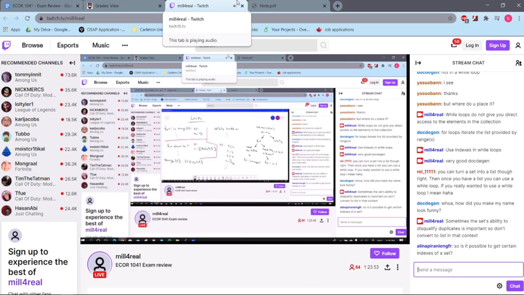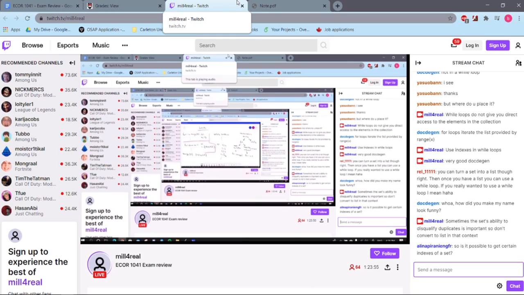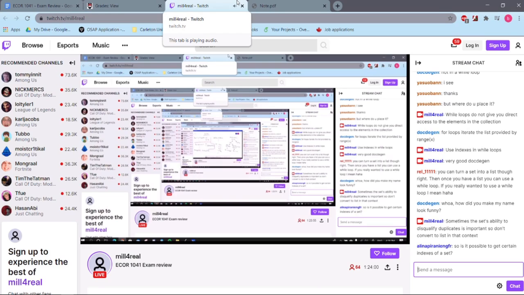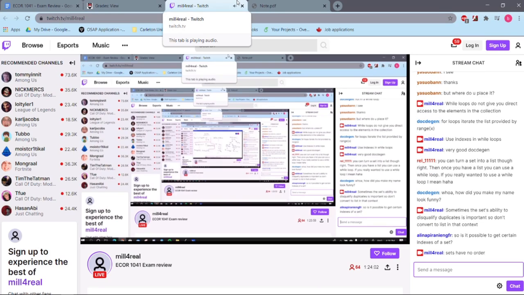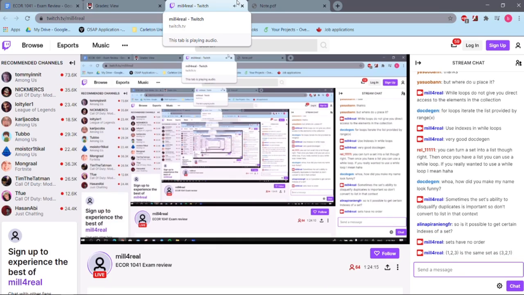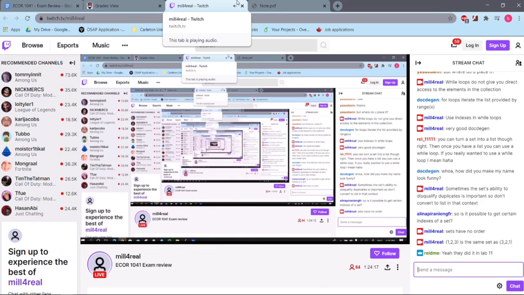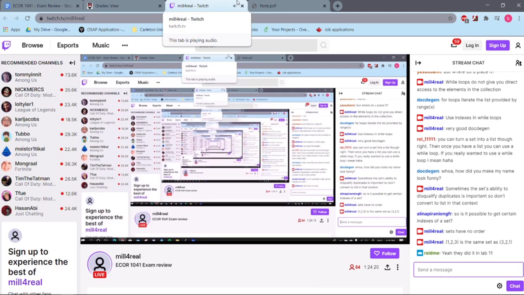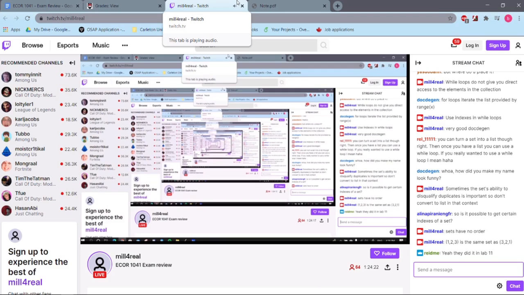Yeah, I just see a question. Is it possible to get a certain index of a set? No, and there's a reason for that. Because sets are just not sorted. I don't know if your professor showed this to you, but if you run a set like 5 times, you're gonna see 5 different things. Like let's say your set equals 1, 2, 3. If you print the elements of a set, the orders are gonna be different. Once you're gonna see 3, 2, 1, once you're gonna see 1, 2, 3. Because Python just doesn't save the order to save storage, it's meaningless to call the element of a set by index because there's just no order in the set.